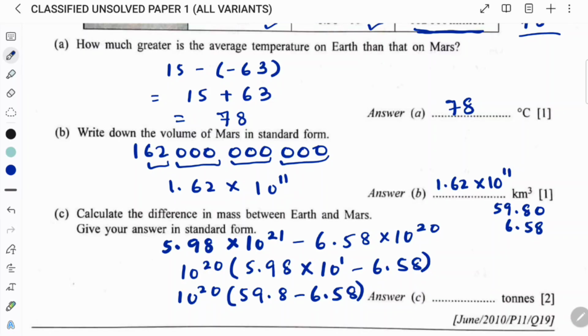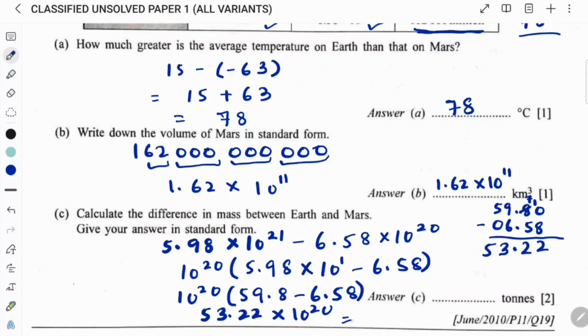Anything can come anywhere, anytime. So you'll have to master the calculations also for the non-calculator paper. So you can put here also 0, and 8 and 10 because you are going to borrow, it will become 7. So that is becoming 2. And 5 and 7 if you subtract, it is also 2. And then afterwards 6 and 9, that is 3, and 5. So 53.22 times 10 to the 20.